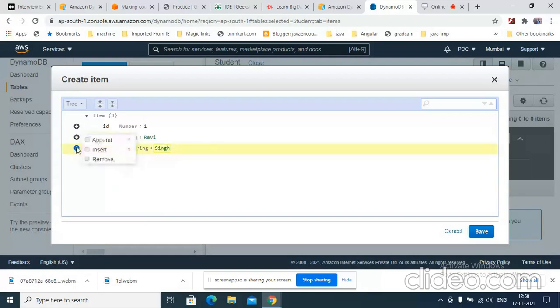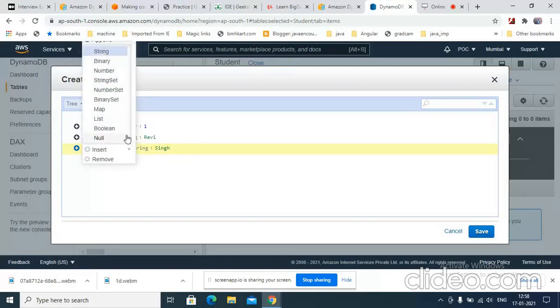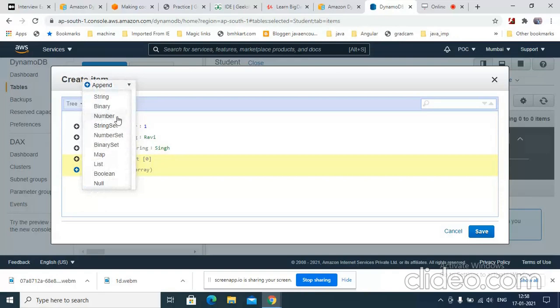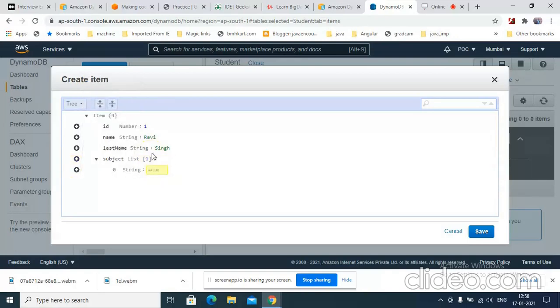Okay, let me add one list, since it is a student, so he has some subjects. A list, and let me add one string, that is maths.